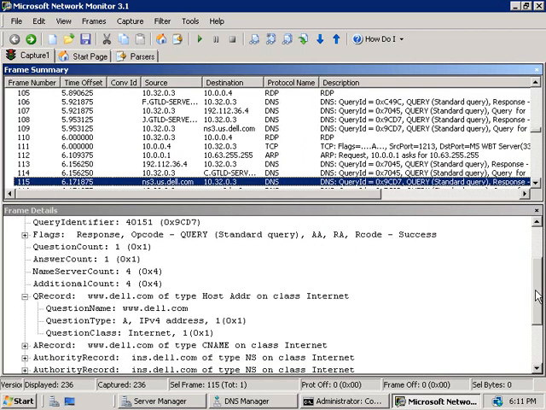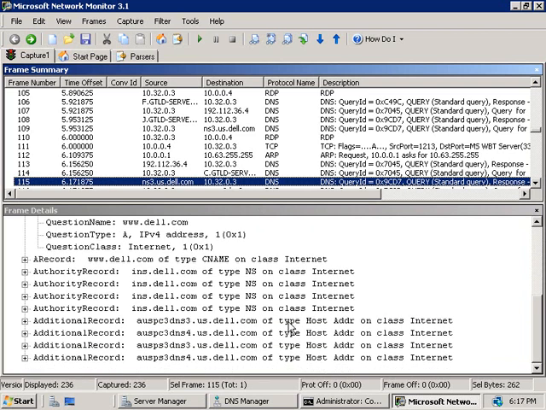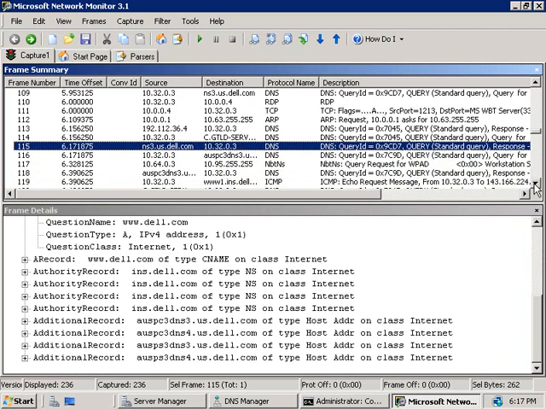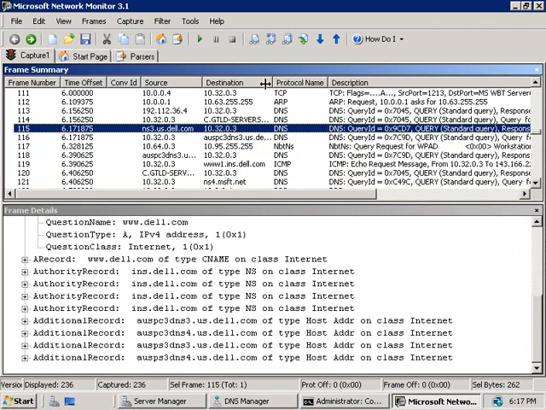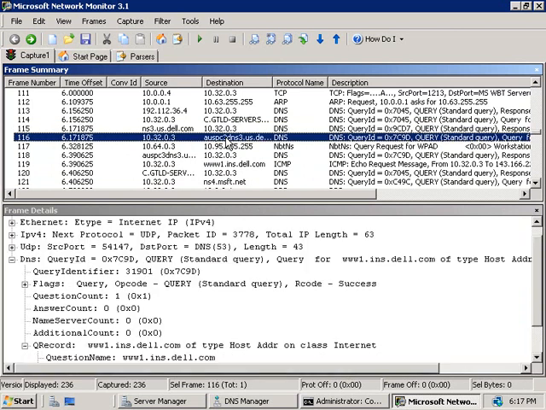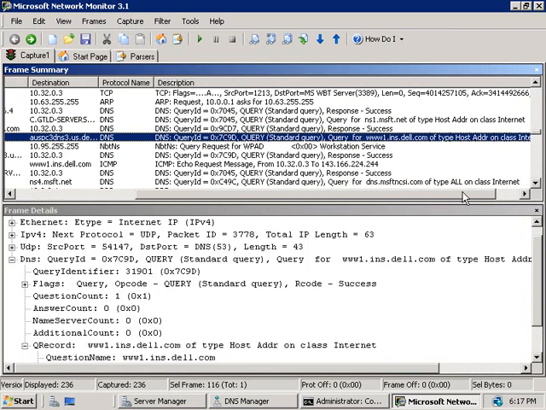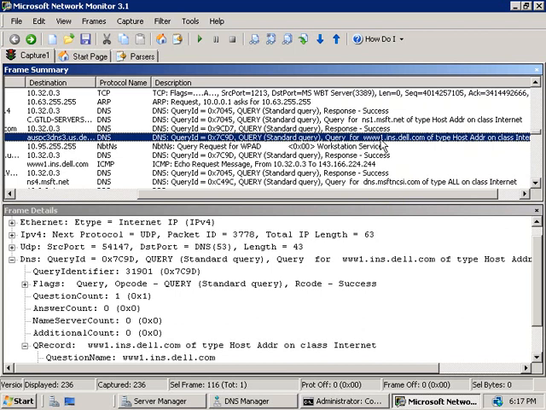And down the bottom here, if we scroll down, we can see that inside this response, it's given us a list of other DNS servers that we should go and contact to get a response for the web server. And you'll note down here, we've got OzPC3 DNS3, which of course, our computer has then gone to contact. And if we scroll over, we can see that it's asked for the web server